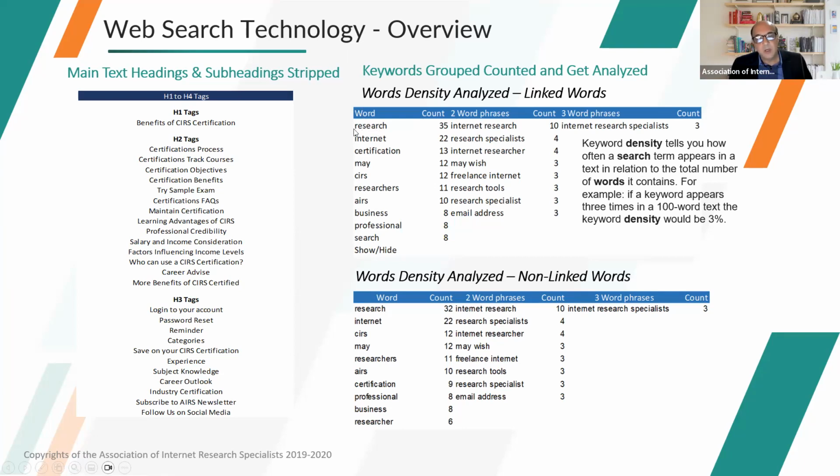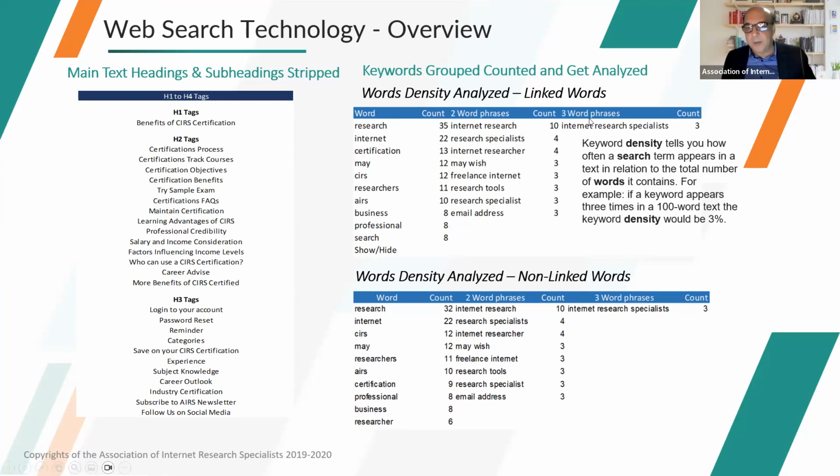If it is a single word, say research, and it appears 35 times, it shows that research is what is most commonly used and more frequent, so I guess it has more relevance in that sense. Then it will also look at combinations of words where two words together are used more often. It goes to about 3 words, and I've heard that they are now doing 4 words as well.